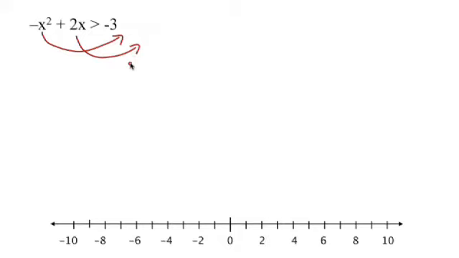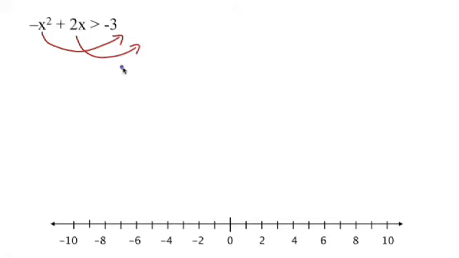Well, the other option you could do would be to multiply both sides by -1. But if you multiply both sides by -1, you have to make sure to flip the sign. Remember, anytime you have an inequality, if you multiply or divide both sides by a negative number, the sign flips. So if you do the approach that Jerry's doing, this kind of takes care of it for you. You don't have to worry about remembering that rule, which frankly is a rule that a lot of students forget.